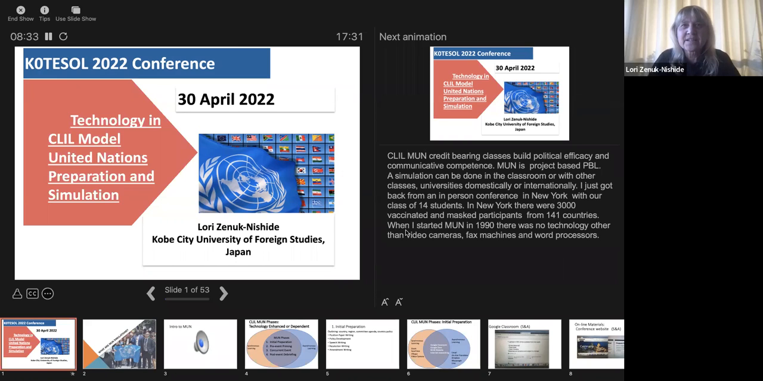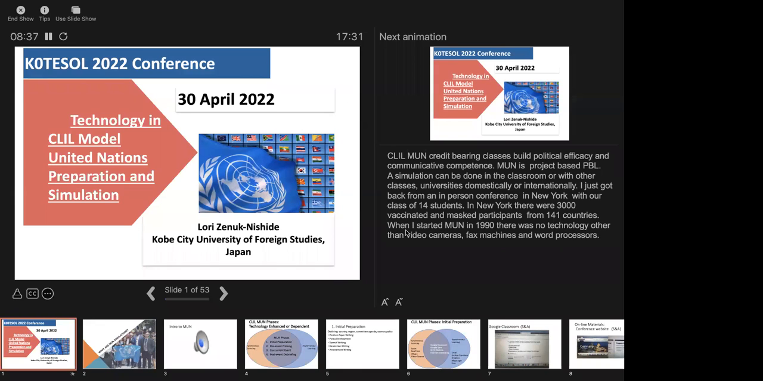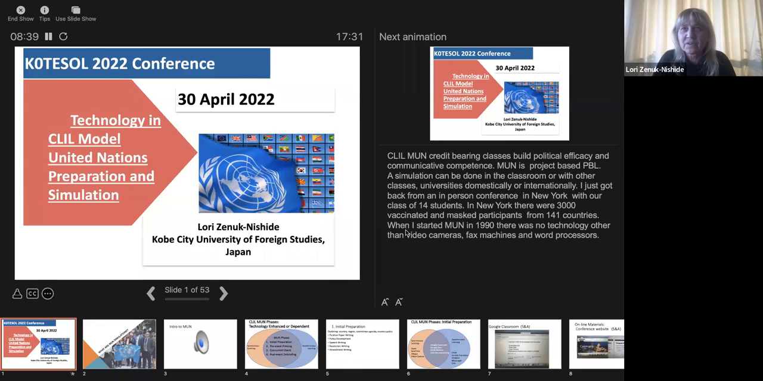And CLIL, in my context, is a Model United Nations credit-bearing class that builds political efficacy and communicative competence. And it's project-based and problem-based learning. And with a simulation, it can be done in a classroom or with other classes, universities or high schools domestically or internationally. And I just came back from a conference in New York 2 weeks ago, and it was the